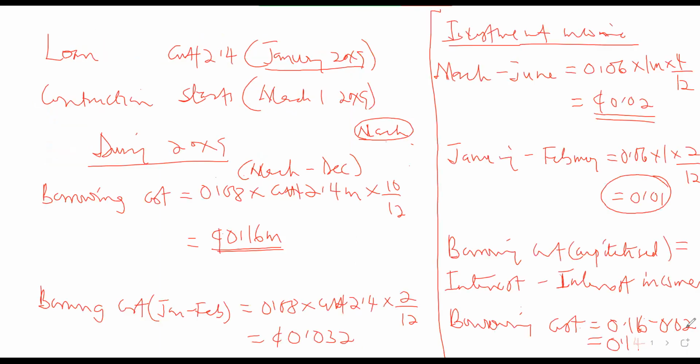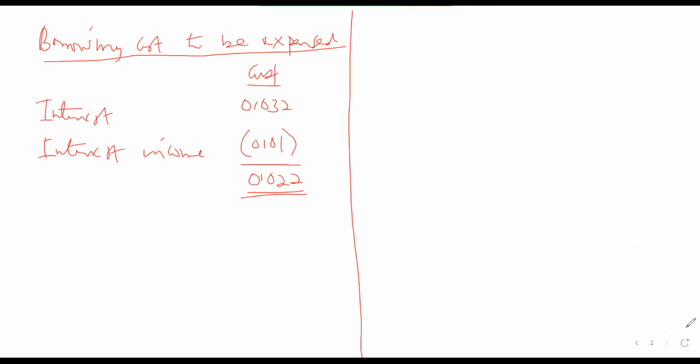And this is what will be added to the initial cost of the asset. So you have to show this in the balance sheet, or they can sometimes ask you to find the total cost of the assets. If you want to find the total cost of the asset, it is the expenditure incurred on the asset, the cost that you have incurred on the asset so far,